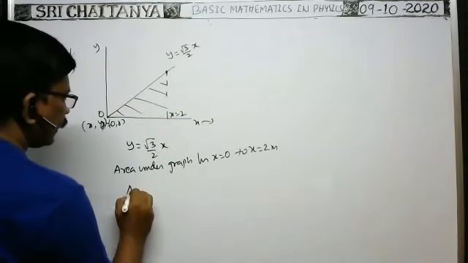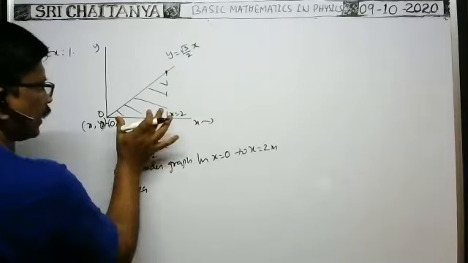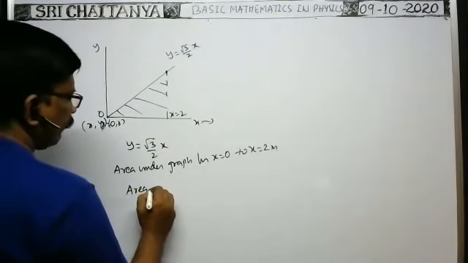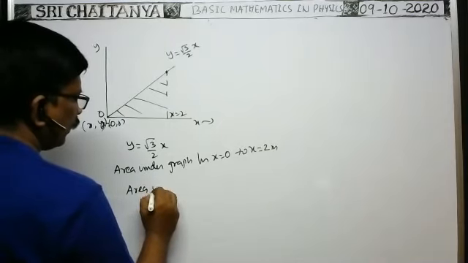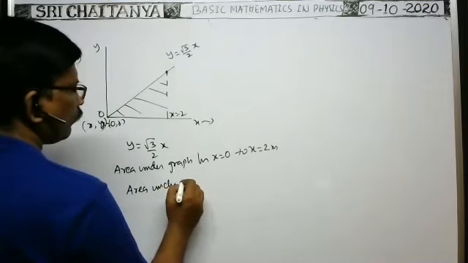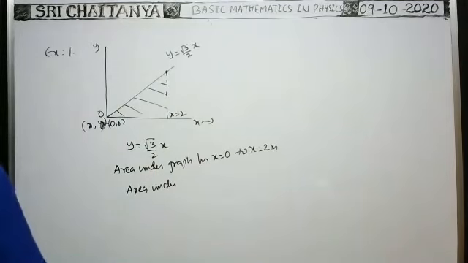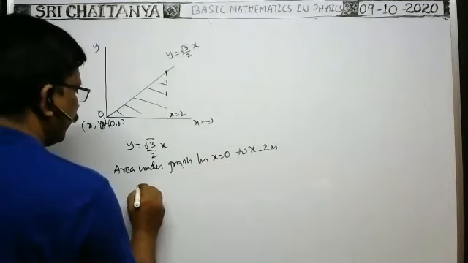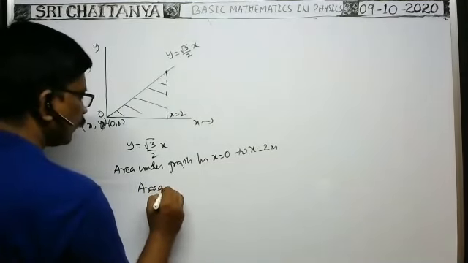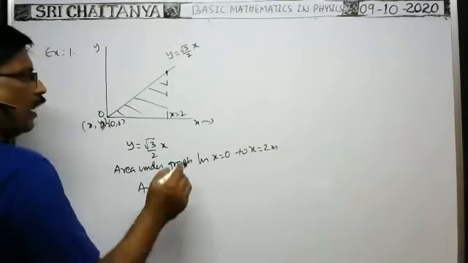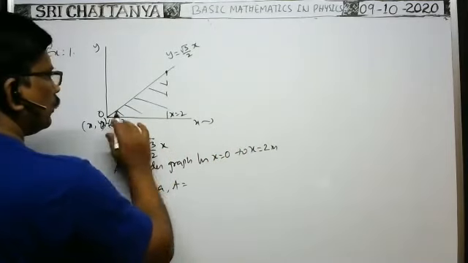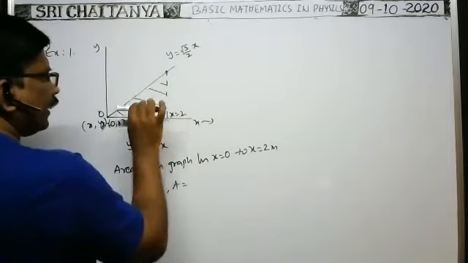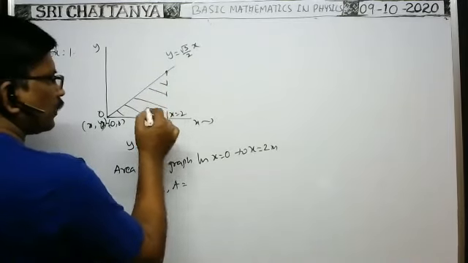Tell me what is the area under the graph from x equal to 0 to x is equal to 2. Let A be that area. Up to x is equal to 2 from 0, we have a straight line. The area under the graph means the area between this straight line and the x axis, the shaded part.